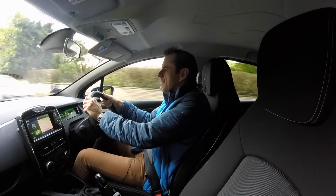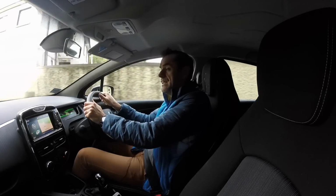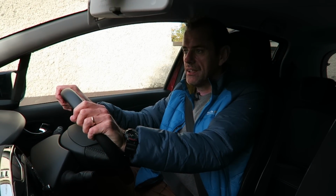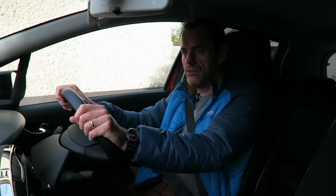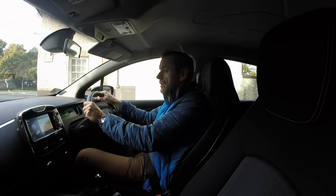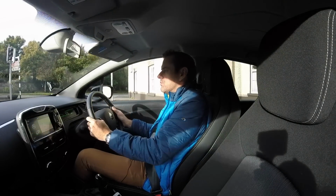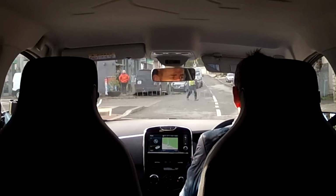But technology is moving very quickly, and people's tastes and flavours are moving very quickly, which is why this car isn't white, which is something that I remarked on this morning. I'm kind of surprised that we don't have a white Nissan Leaf or a white Renault Zoe. It seems that we wanted to scream about our hybrid future not so long ago. We wanted cars that look completely different from normal cars. Enter most of what Toyota does as hybrids. And now we're going back the opposite direction. We don't necessarily want a car that screams at us the whole time. Sometimes we just want a car that...